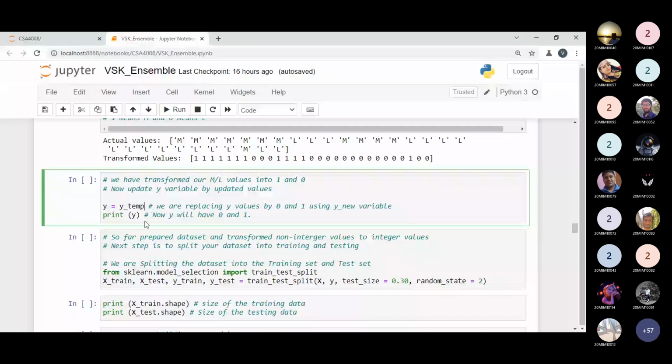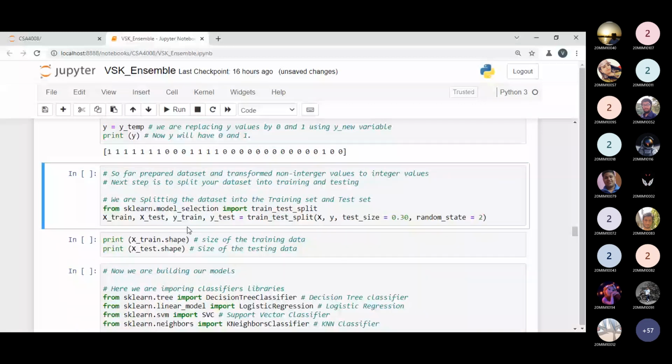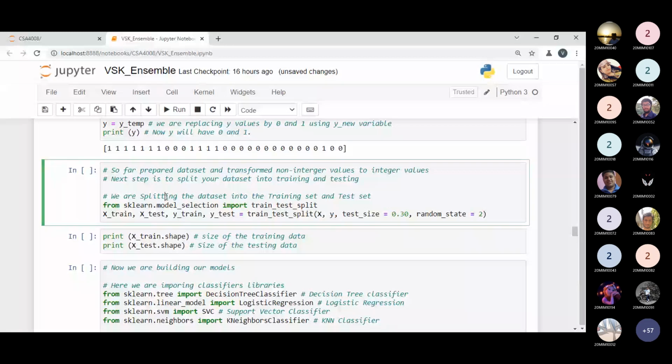Okay, so after this point, we have to perform very important activities. Before building the models, what you have to do? You have to split your data set into two parts: the testing data and training data. By applying the train_test_split method, we split our data set into a training data set and a testing data set. Before splitting, let me know what size of the testing data set I must have. Could you tell me the size of the testing data right now, so I can update the thing?